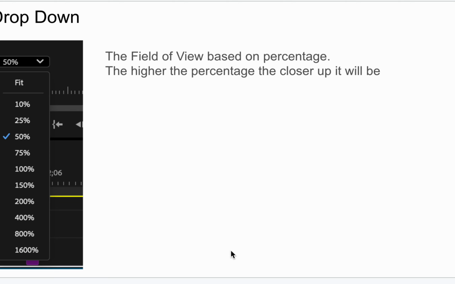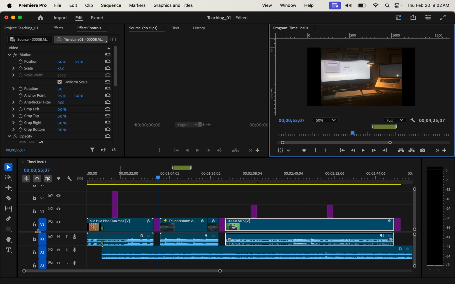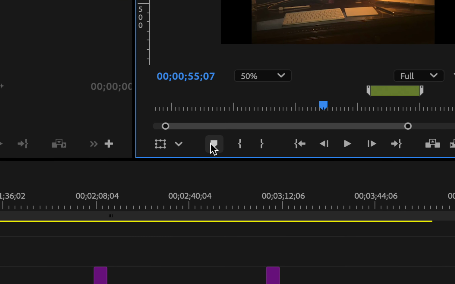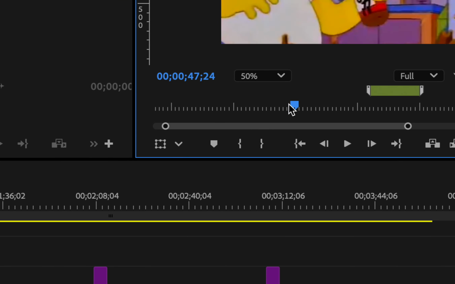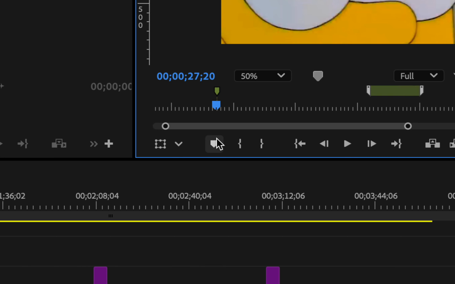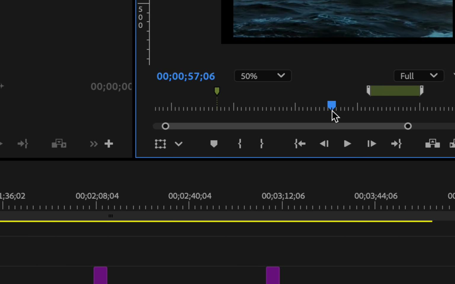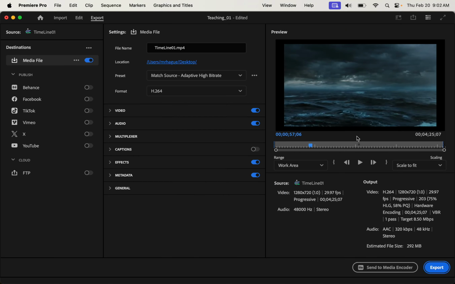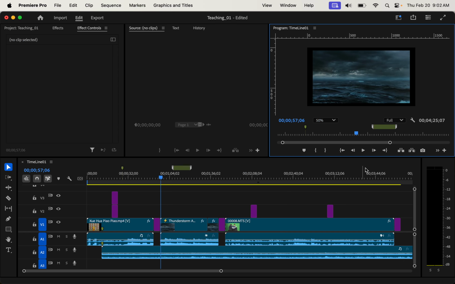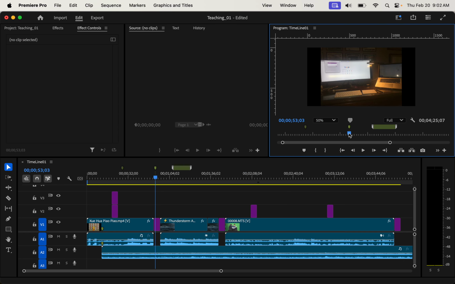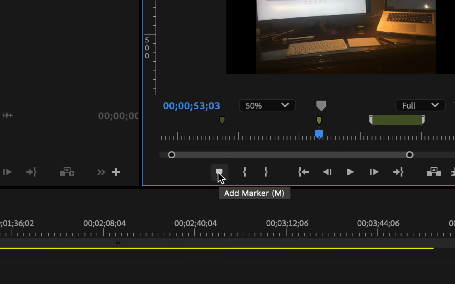So, all right, cool. Next thing is the markers in and out. So yeah, we even have markers right here. See, so you can go here and add a marker. See, look at that. There's a marker. It's easier. Or you can press Command M. Whoops, never mind, not Command M. You can just press M. Yeah, just M. So you can either press this, add marker, and that basically just indicates